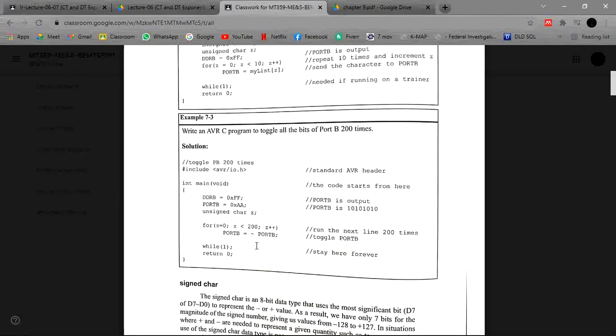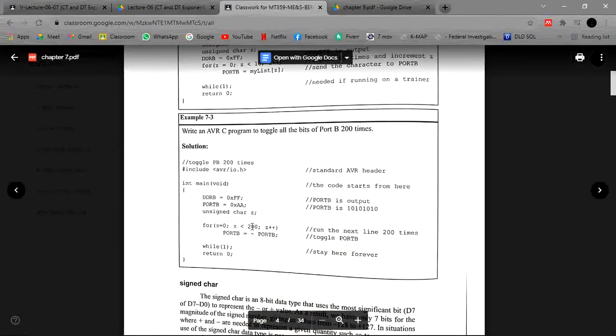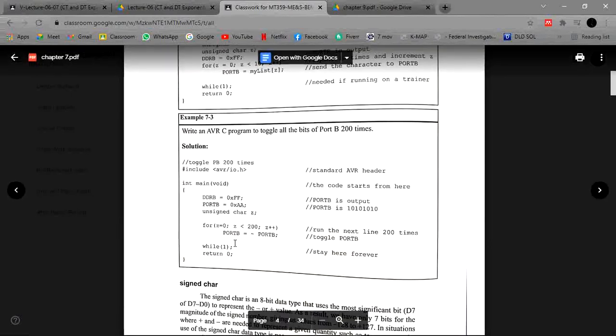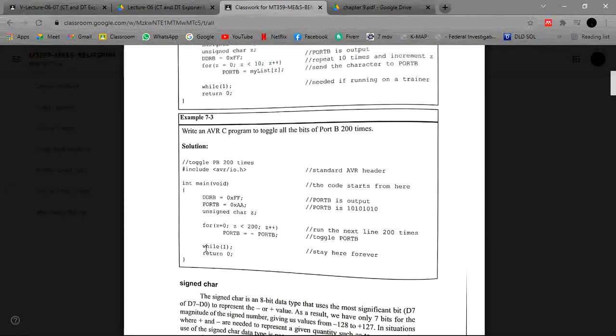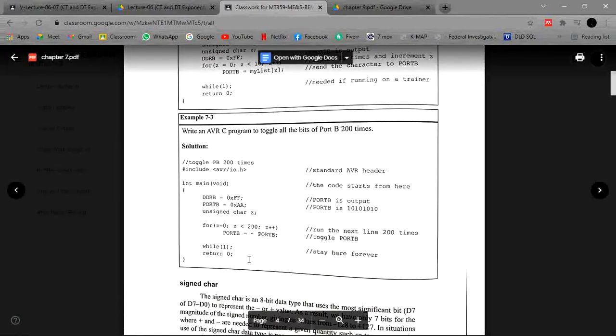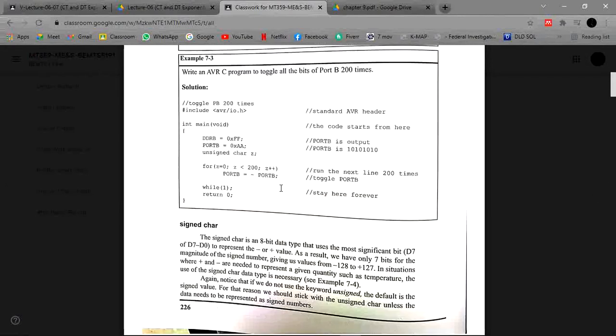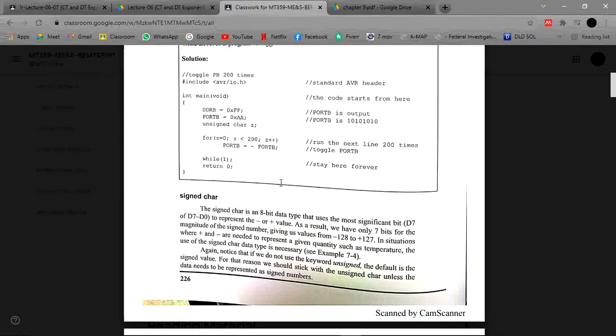So 1 becomes 0, 0 becomes 1, and 1 becomes 0 and 0 becomes 1 in each cycle. In this way it toggles all the way. After it we return the value to the main function. With the help of this code we can write our AVR C program to toggle all the bits of port B 200 times.